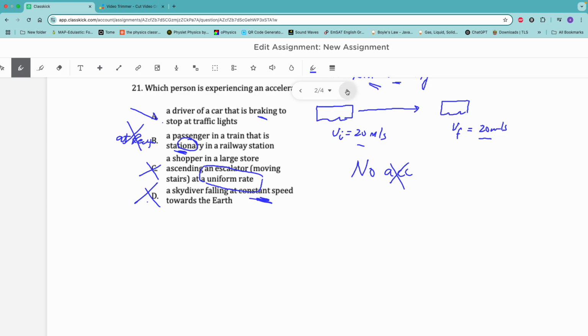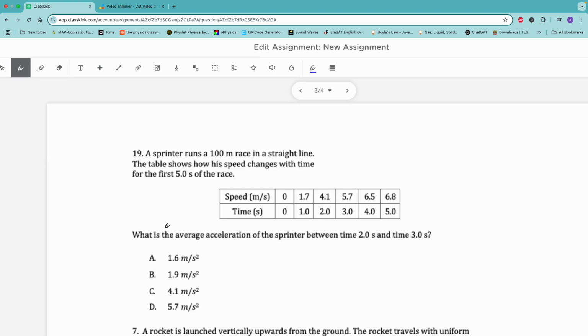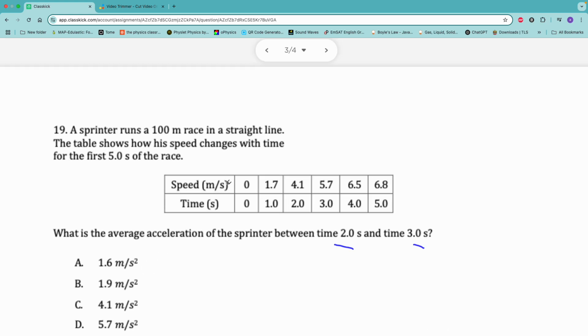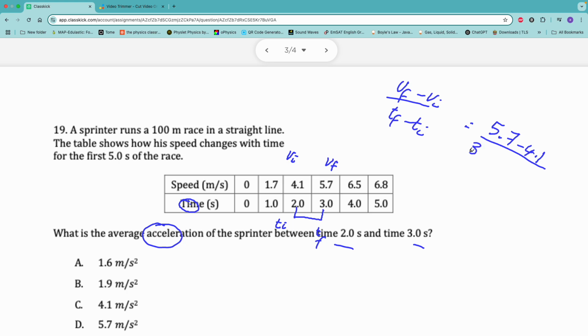Next question is 19. What is the average acceleration of the sprinter between time 2 to 3? In this question we have a table. This table is collecting information about different speeds and different times, and the question asks about calculating acceleration between times 2 and 3. So we're going to time between 2 and 3. Obviously, this is initial velocity, final velocity, initial time, final time, using our formula: VF minus VI over TF minus TI. It gives 5.7 minus 4.1 over 3 minus 2